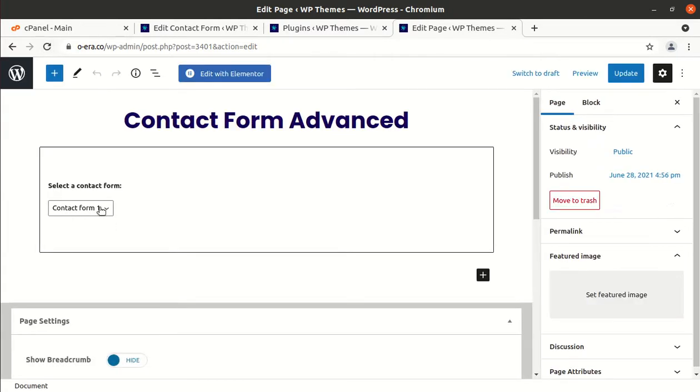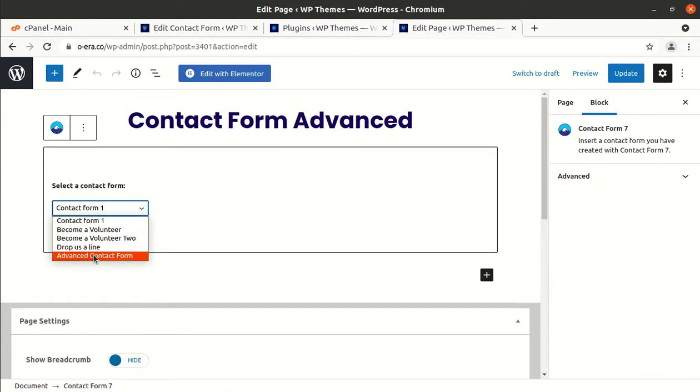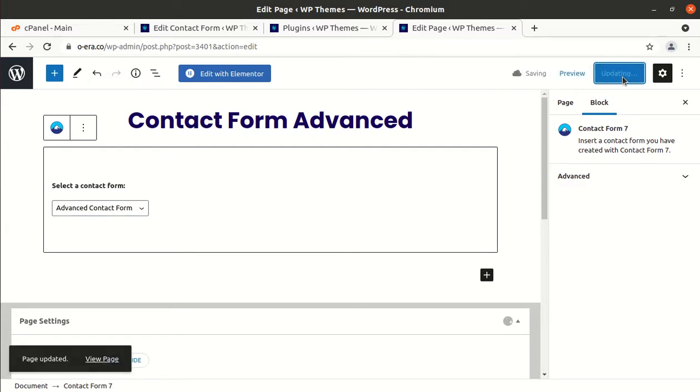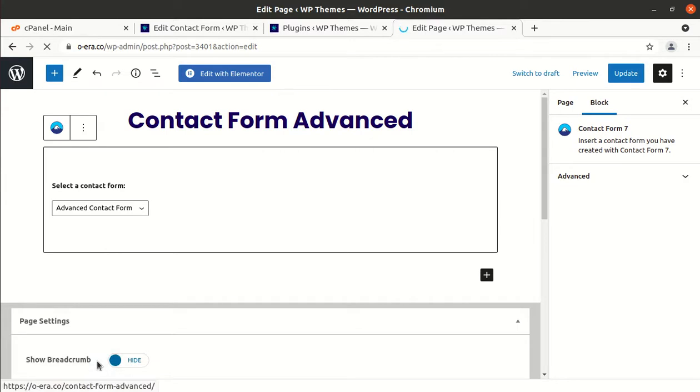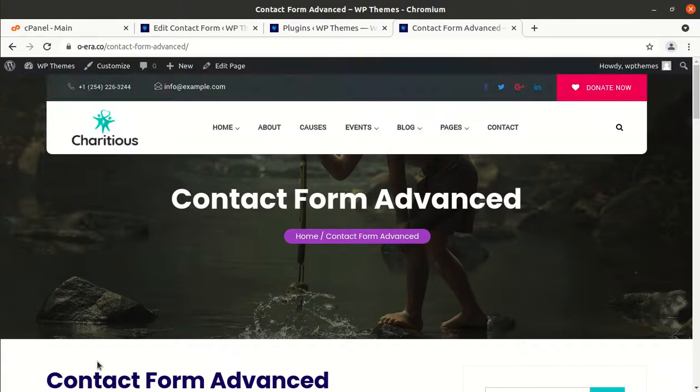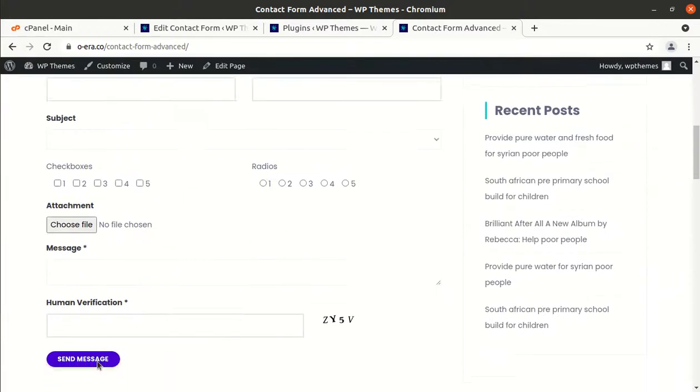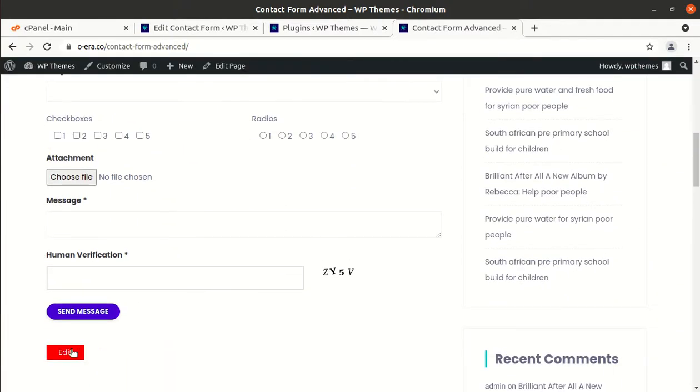So, these are the options, and we have just created advanced contact form 7 and just update the page, and now we can take a look at our page. Okay, so it is wonderful, and this edit option is only visible to admins, so don't worry about this.